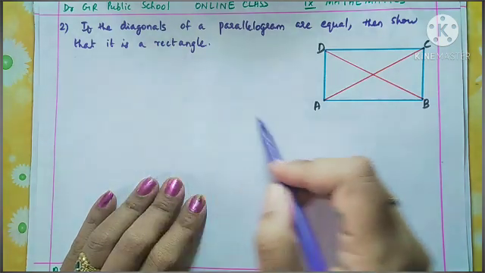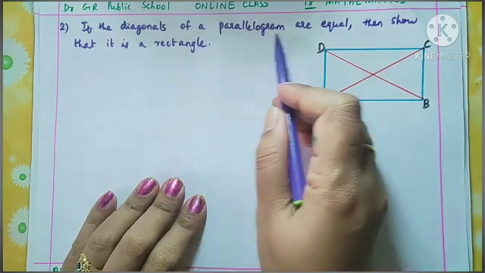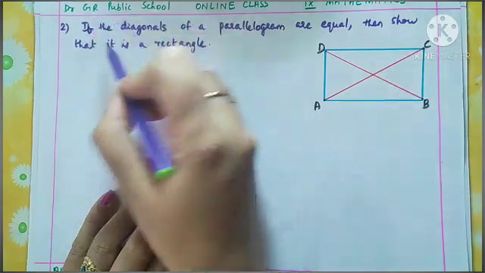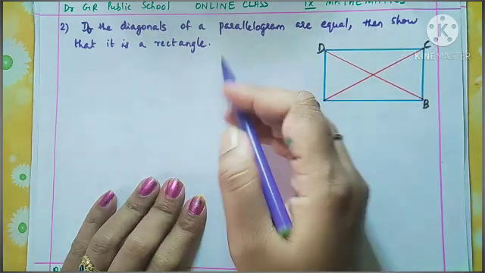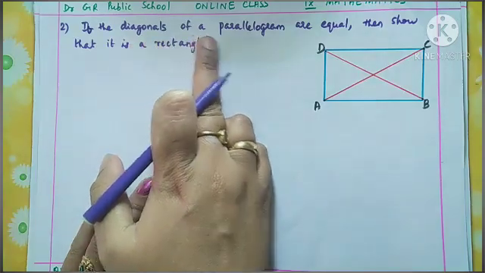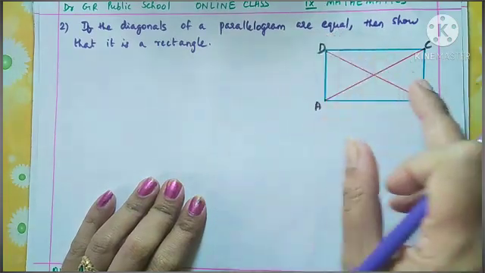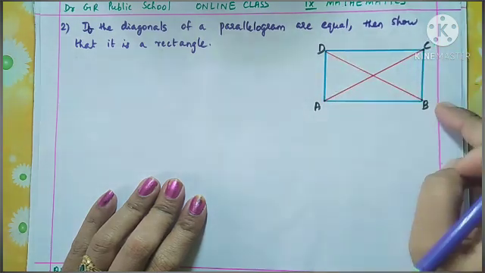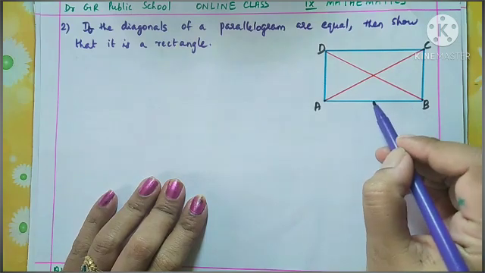Okay? So consider a parallelogram given. If the diagonals of a parallelogram are equal. So when a question starts with "if" or anything like that, it is the condition given. Understand? Then "show that it is a rectangle" means we need to prove. So here, from this statement, what can you understand? The given figure is a parallelogram and diagonals AC and BD are equal. Okay, so that is very clear from the question.